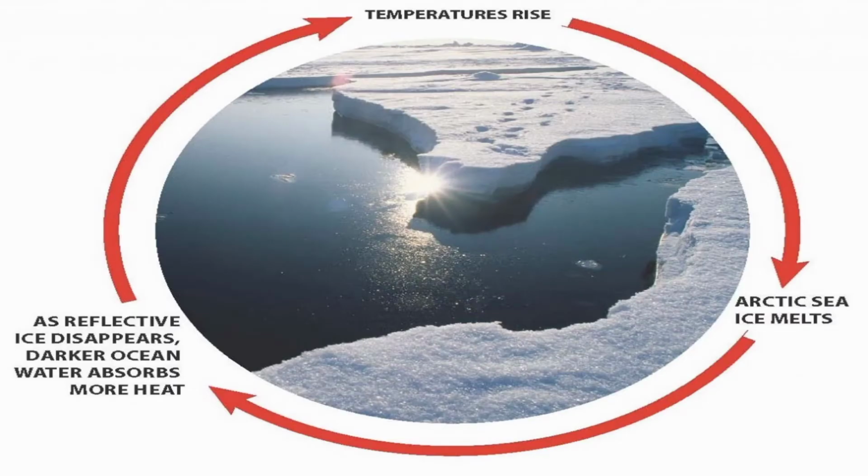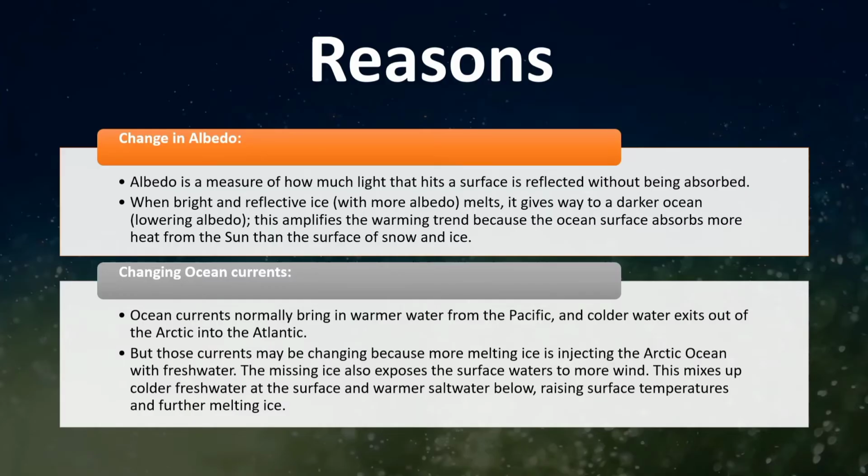So this is the whole cyclic impact we can sum up: a rise in temperature leads to Arctic sea ice melting. This again has a reflecting effect on the ice melt, so again leading to a temperature rise. These are the main primary reasons for increasing Arctic amplification. First is the change in albedo that we discussed earlier: the reduction in the absorbing power of the ice sheet leads to an increase in temperature of that region.